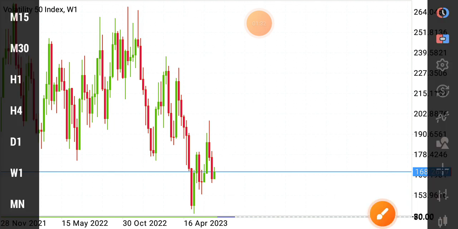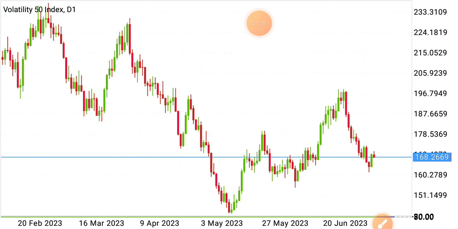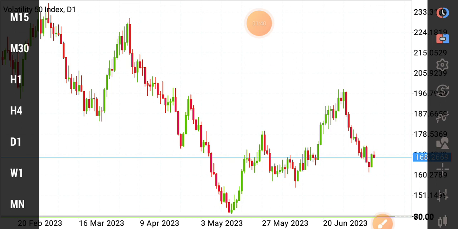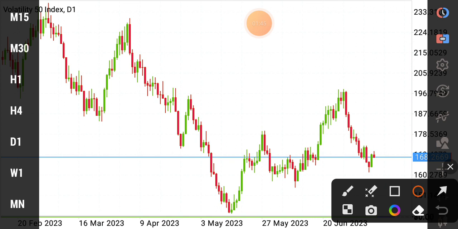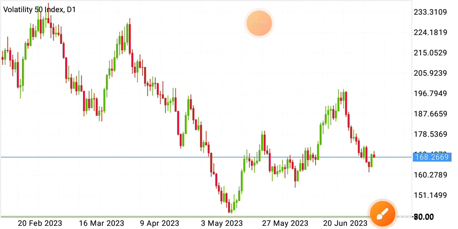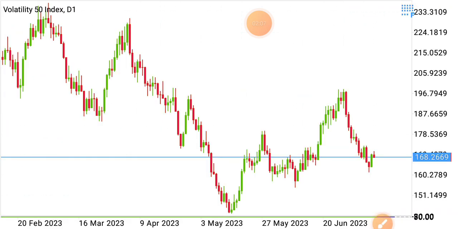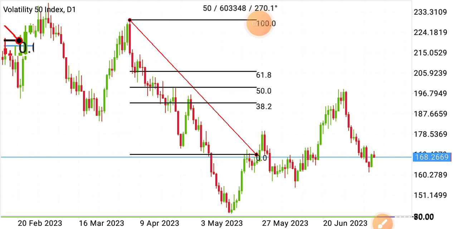The next thing was to go to the daily time frame. And on the daily time frame, what did I see, guys? I noticed this high here and this high here. So I applied my Fibonacci retracement, because I had done this previously some days before. I've been trying to check where Volatility 50 usually reverses using the Fibonacci retracement tool. So I know it usually reverses around